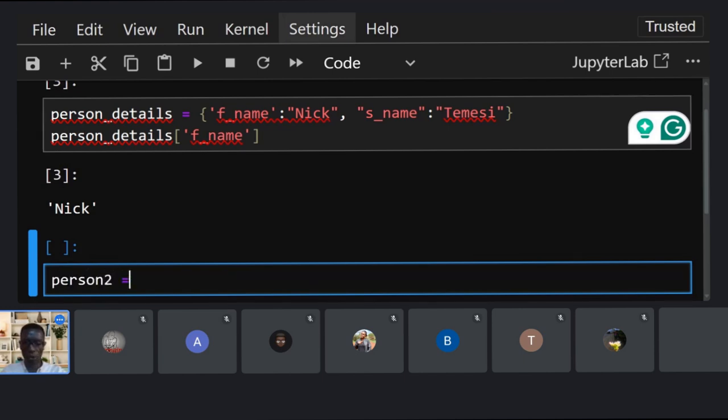We can also create a dictionary, or let's say this is another person, person 2. So we can have the details of person 2. This is another way we can create a dictionary. We can use a list, and then we can use a tuple-like constructor. So the first name, maybe town, let's say the town where they are staying, and the syntax is a bit different from the other one. So Mombasa, let's use this one. So they're staying in Mombasa, and maybe their telephone number is this one. So tel is this, and we don't have to create a larger one. And now if we print person 2,